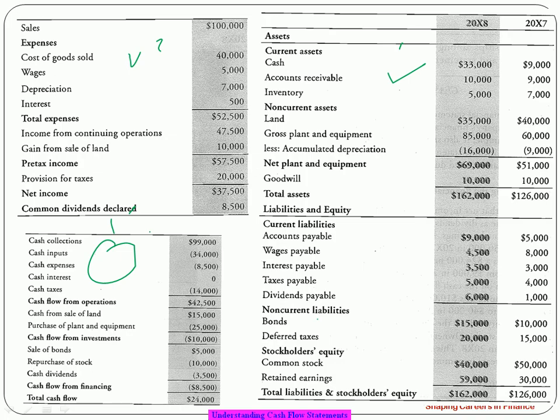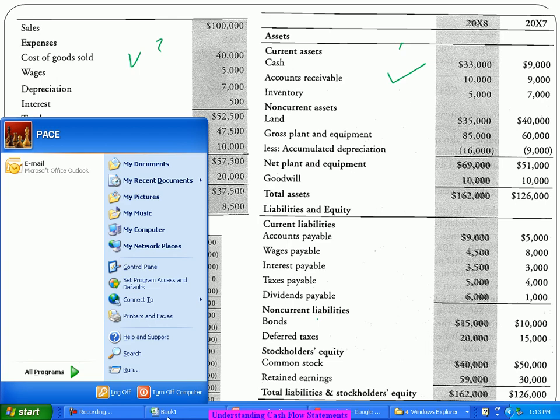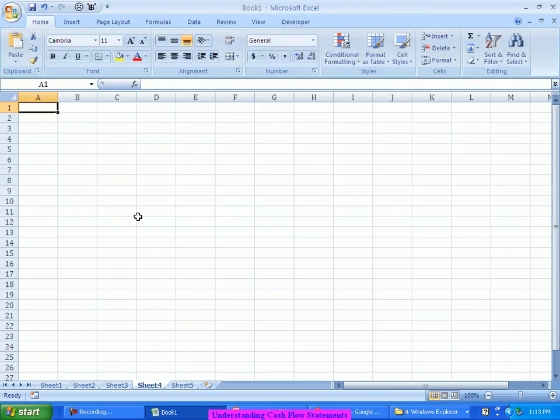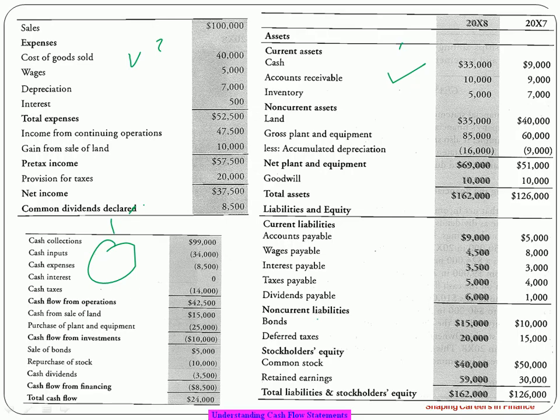So let's not look at this part. We'll try to make this part using these two. Using the balance sheet and the P&L, we will generate this cash flow statement, right? Okay, I'll use a spreadsheet for this so that everything will be clear. I'll type out the